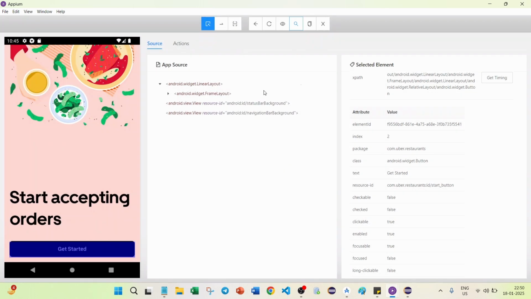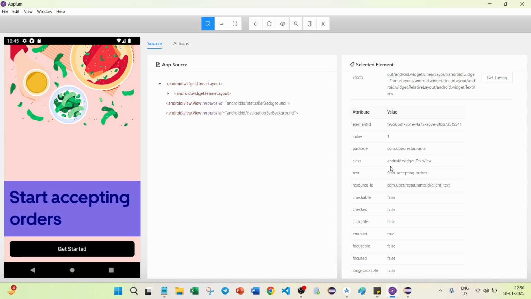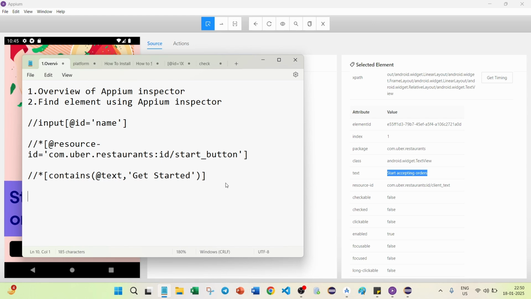So if you want to search this text also, what I have to do is click again on the select element and mouse over this Start accepting orders text. You can see on the right side the text and resource ID have been displayed. So what I have to do is follow the same pattern, which is copy this text. Again I have to create one more XPath for the text. So now I just copy this one,